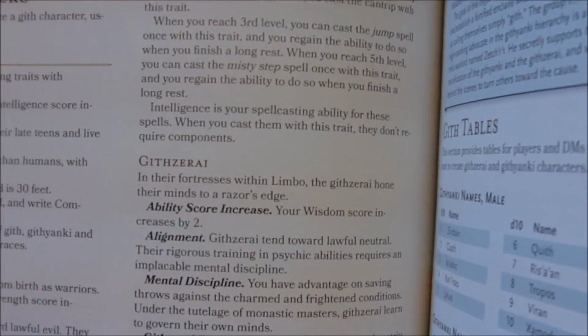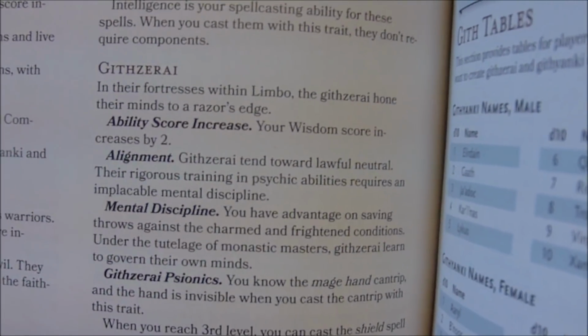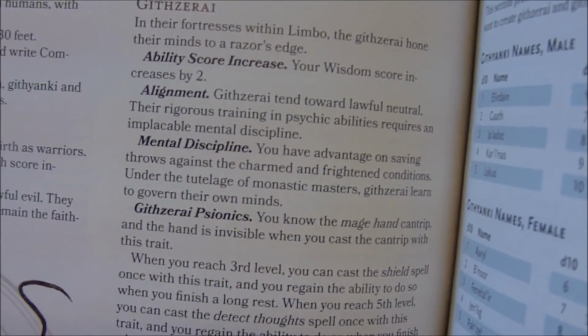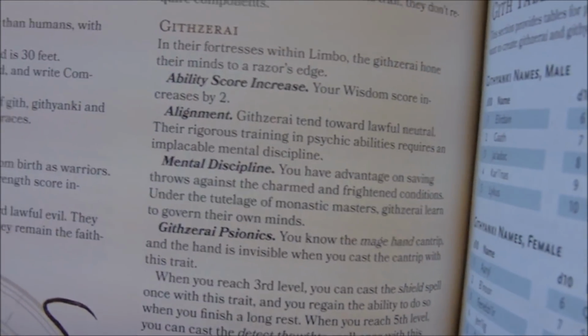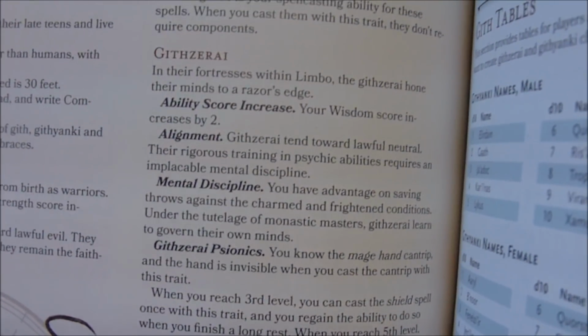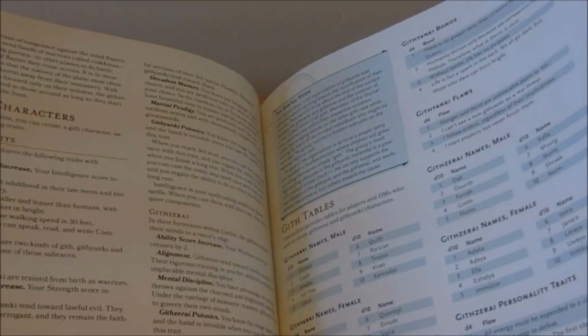Githzerai get +2 to Wisdom, which makes sense. Mental Discipline, you have advantage on saving throws against Charmed or Frightened. Githzerai Psionics, you gain the Mage Hand cantrip. The Mage Hand is invisible. At 3rd level, you get the Shield spell that you can do once, and then at 5th level, you get Detect Thoughts, which you can do once, and you get them back when you take a long rest. Wisdom is the spellcasting ability for those spell-like abilities. And then we're going to move on to...